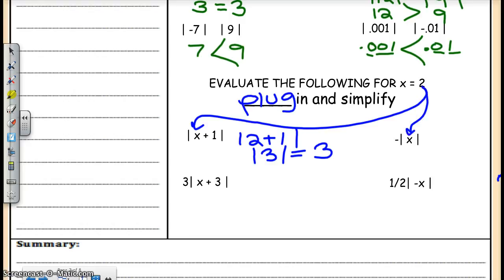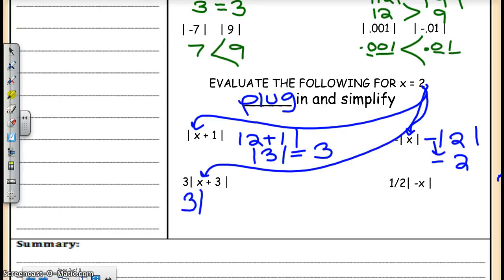Put 2 there. Negative the absolute value of 2. 2 is 2 away from 0. Bring down the negative. Put 2 here. 3 times the absolute value of 2 plus 3, 3 times the absolute value of 5,